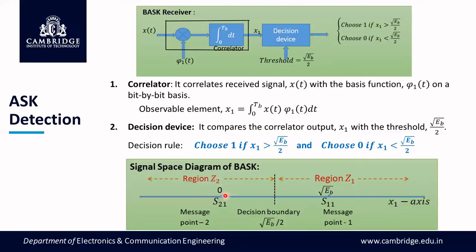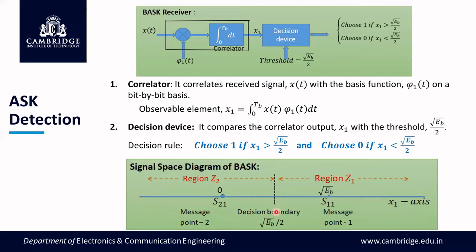The amplitude of bit 0 is 0. I've chosen the limits of root Eb by 2, the gap between these two being the decision boundary, and the upper limit is infinity. That means I'm going to take the integration on the right side of the region, which is going to be root Eb by 2. So if you go back to this one, the plane passing through this point, root Eb by 2, is the decision boundary. This will differentiate between symbol 1 and symbol 0.